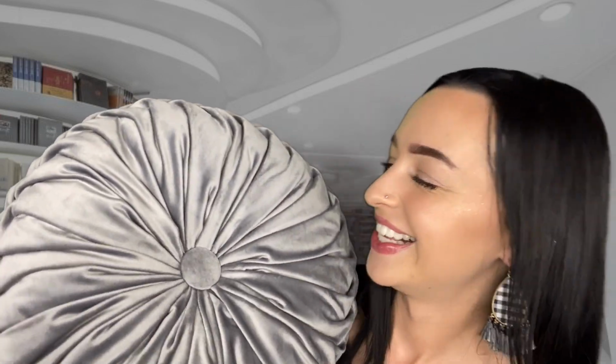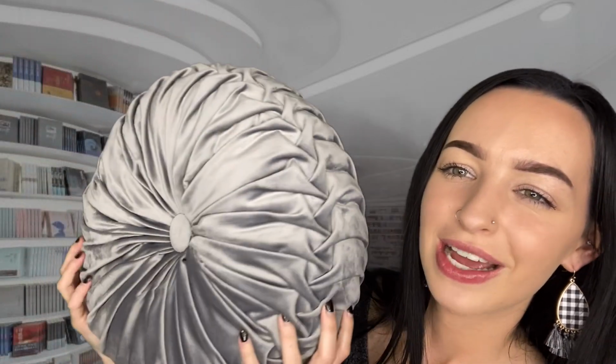This one is very soft, almost like a velvety feel, and it's a bit smaller, more round. Some people say it feels a bit more personal because they can fit their whole head just in this circular little donut pillow. That's what I feel like calling it every time I see it. Very pretty though, and the fabric is nice and soft, so you can always do a very soft shag pillow, more of a velvet, or